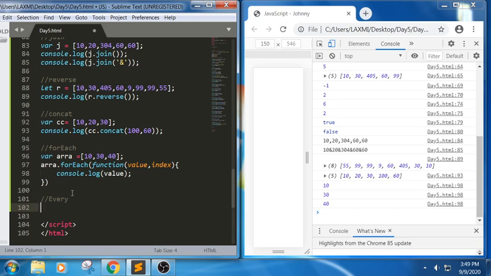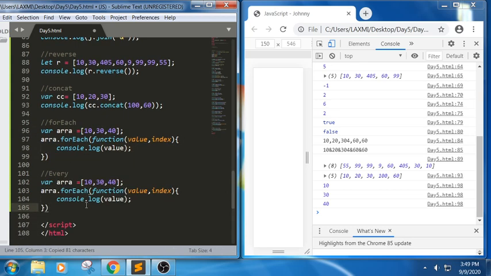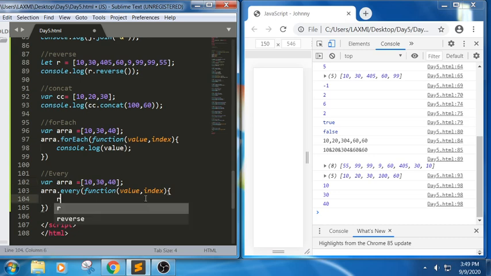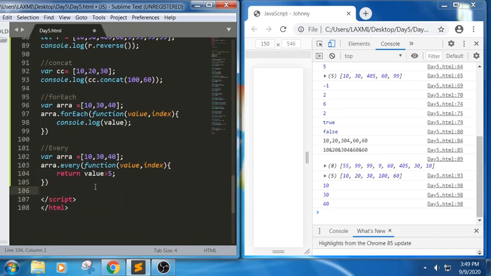Let me use the same snippet now. I'm trying to use the same snippet for every. For example, I'm writing the every function here, and for this I'm writing if the return value is greater than 5. If the return value is greater than 5 only, it should return the answer. So how can we check the value for this?